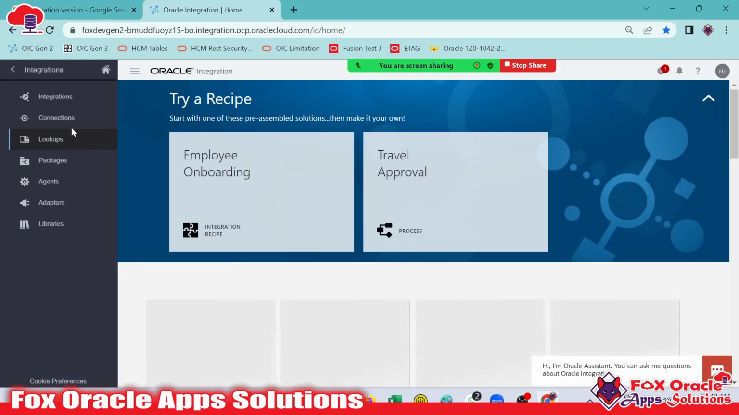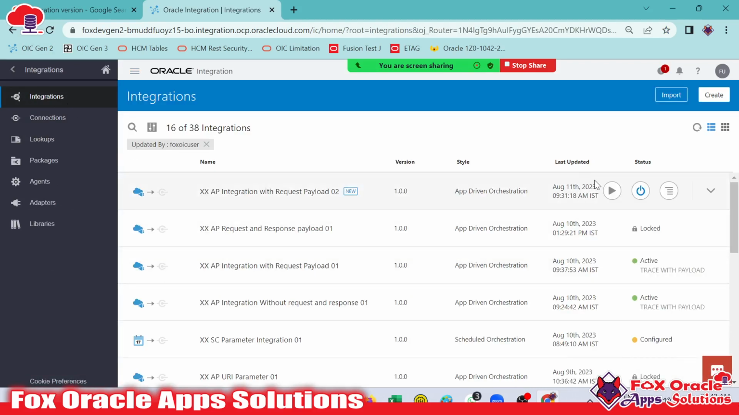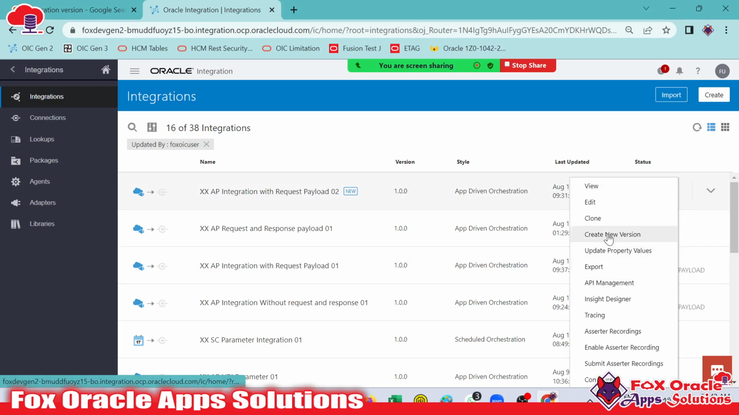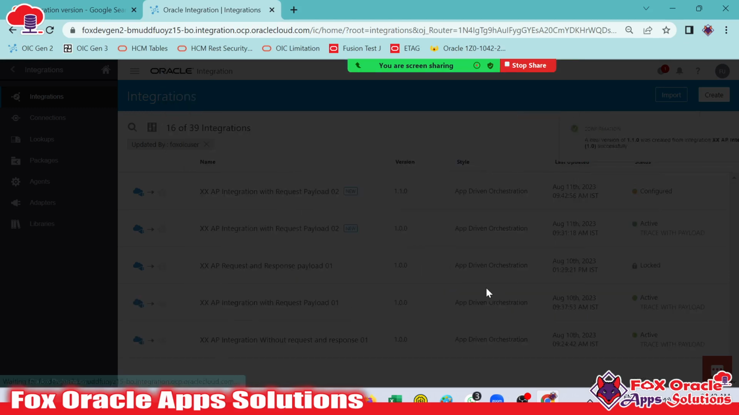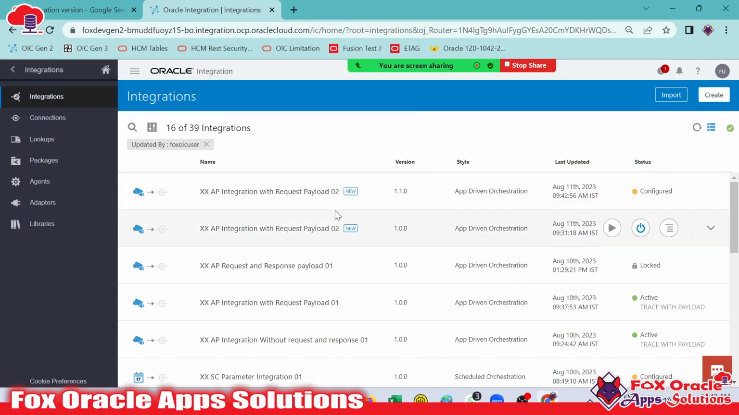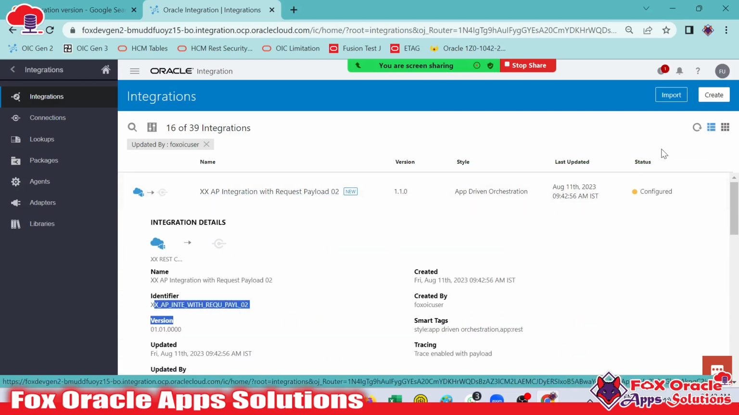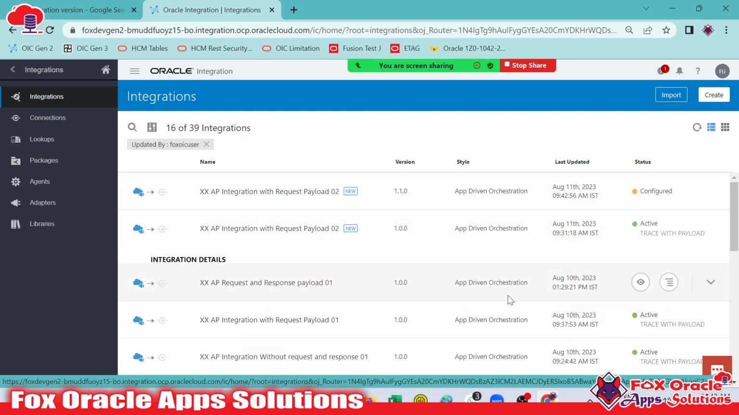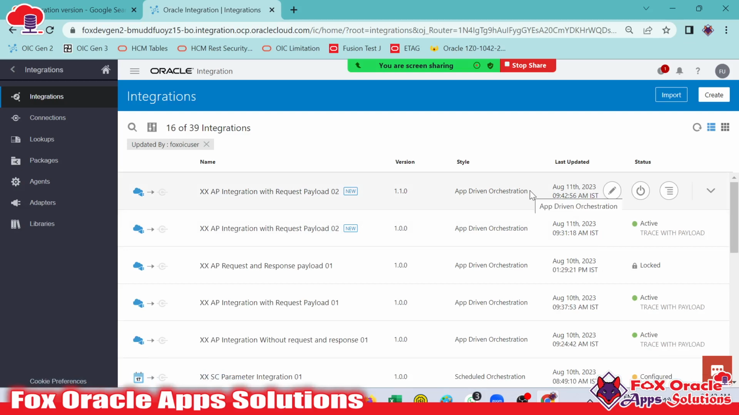So here we are going to create a different version of the integration. For that, we just need to go to the integration, and here we have create new version. So here we will select a different version. I will just change the minor version only and create the version. Once you create the different version, you can see we have the same name. And if you check the identifier, it's the same identifier as well. At the time of creating a different version, they don't allow us to change the name or